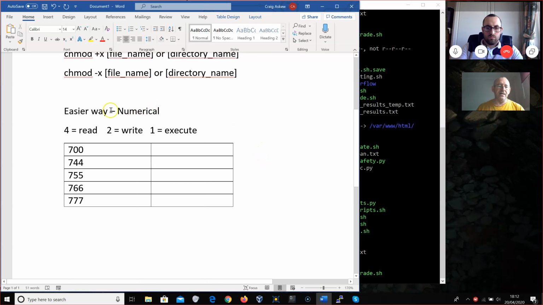So let's look at these numbers. Number 4 equals read, number 2 equals write, and 1 is execute. So if I type chmod 444 and then the name of the file,